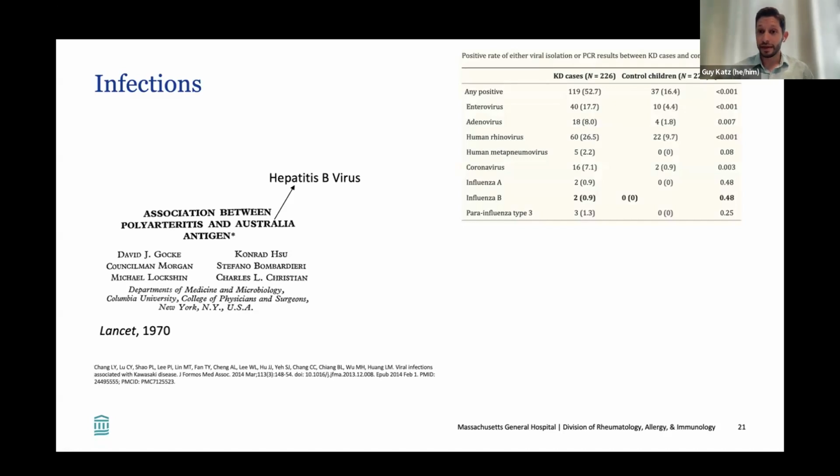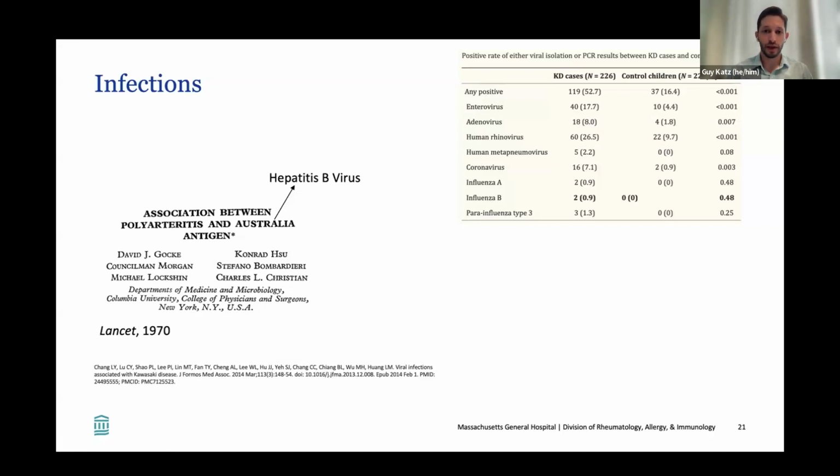But even these days, vasculitides that we see are still often triggered by viruses and other infections. So in the top right, you can see Kawasaki's disease, which is a vasculitis that happens just about exclusively in children under the age of 5. This was a study that looked at exposure to different viruses in the time preceding the case of Kawasaki's disease. And over on the right side, you can see p-values that look at the difference between the proportion of cases and proportion of controls, who are the children who didn't develop Kawasaki's disease.